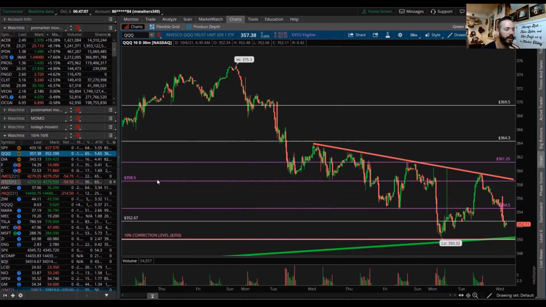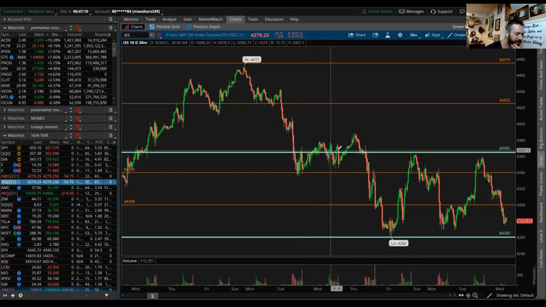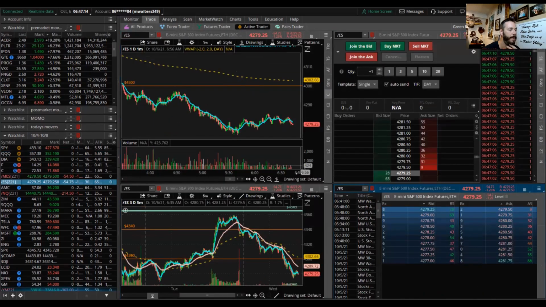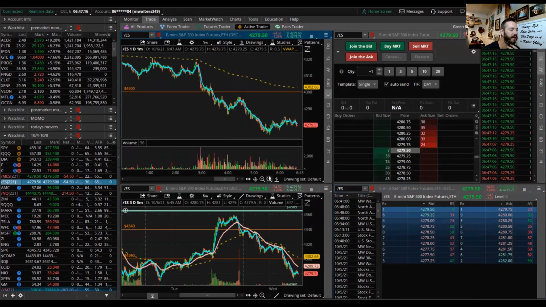We want to go and look at the futures here. This is the S&P 500 futures. If we go into the day, we see a very sharp drop at 3 a.m. This is the European Open. The markets over there are crashing today.